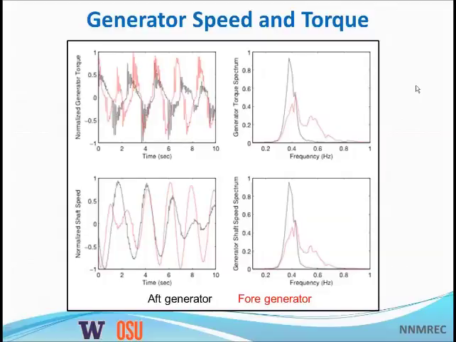If you take a look at the upper right-hand plot, we have the spectrum of the generator torque versus the frequency. Once again, we see another peak in the torque spectrum for the aft generator at about 3 seconds. We have 2 individual peaks in the fore generator that are at slightly higher frequencies than for the aft generator. In the lower left-hand corner, we have the shaft speed plot, and again we see a lot of periodicity, and the spectra in the lower right-hand corner come out with the same type of data as our generator torque, with that dominant peak at about 3 seconds, where most of the energy is contained.